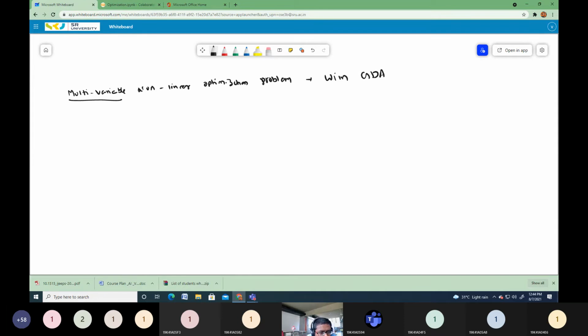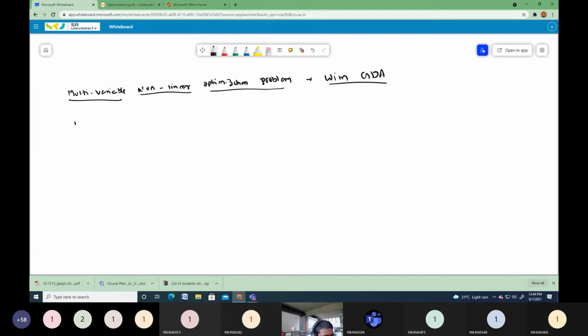How do we solve a multivariable non-linear optimization problem using the gradient descent algorithm? So we are going to discuss that. For that, I want to take a small numerical example to explain how we can use the gradient descent algorithm for a multivariable non-linear optimization problem.